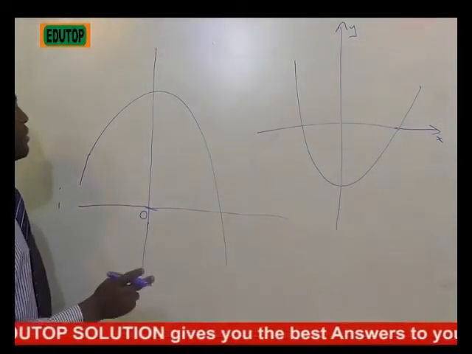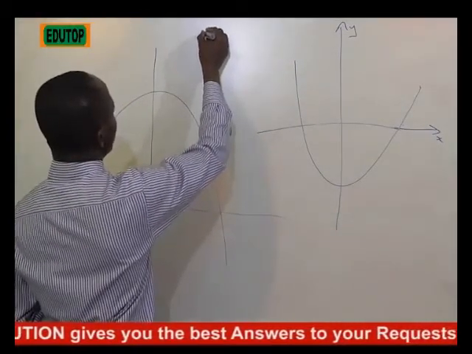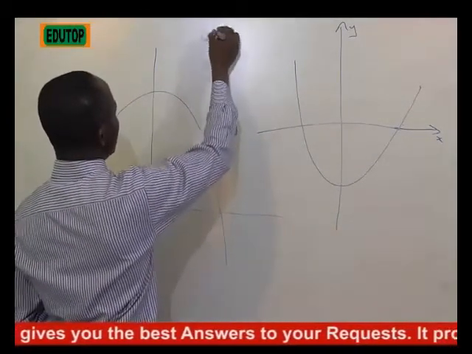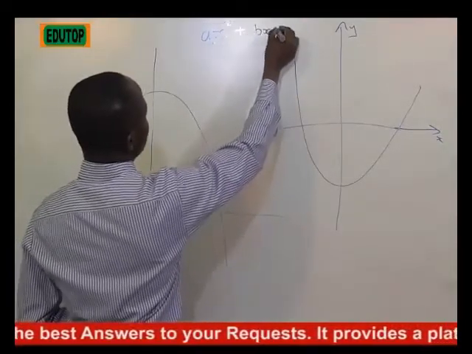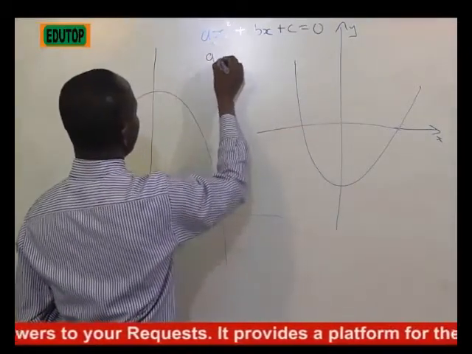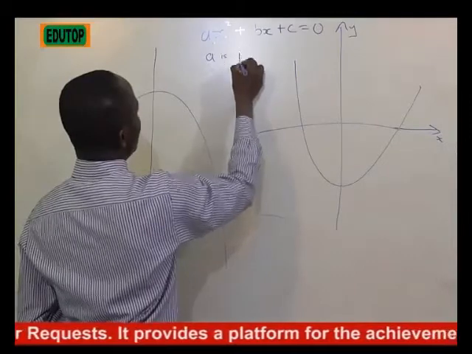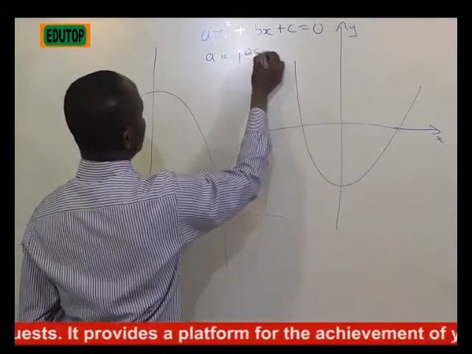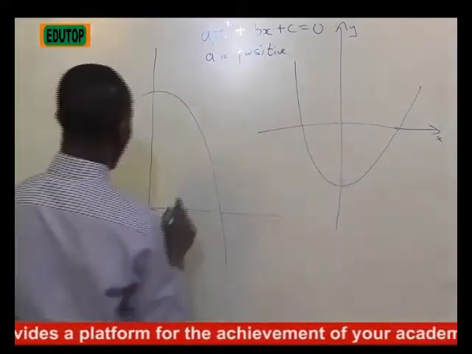And what we mean by coefficient is when we have something like maybe ax squared plus bx plus c is equal to 0. When a is positive, this is what we have. When a